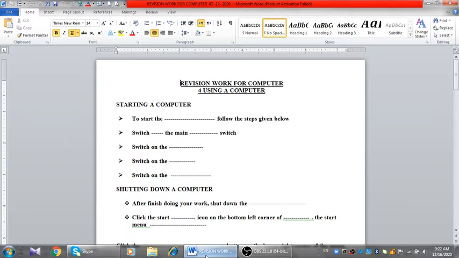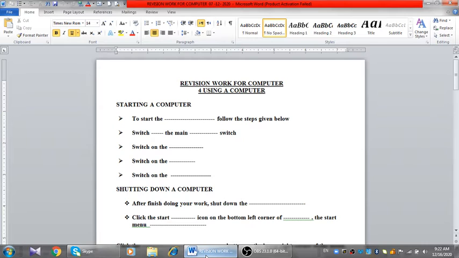See, again I am using this worksheet for revision. Okay, only one chapter is there, unit 4, using a computer. So students, please just keep in your mind, starting the computer has 4 steps only, and shutting down has 6 steps.